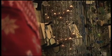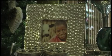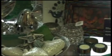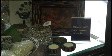Products sold by 10,000 Villages come from 29 countries from more than 100 artisan groups, which provide work for more than 60,000 people, including those with physical disabilities. Holly DeGraff, Director of Retail Operations and Public Relations at 10,000 Villages, told Humber News why buying fair trade is